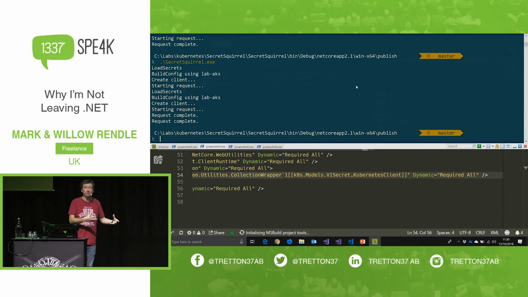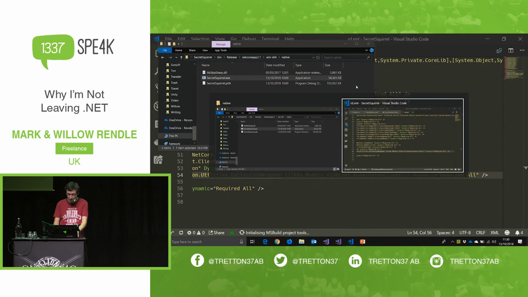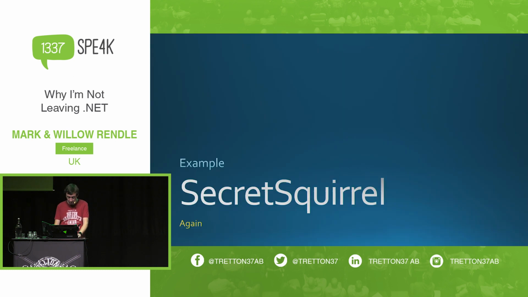which means it already works really well for very simple console applications, and they trim down quite small. You can get them under 10 megabytes for an application, which is fairly comparable to what Go can do. Okay, so